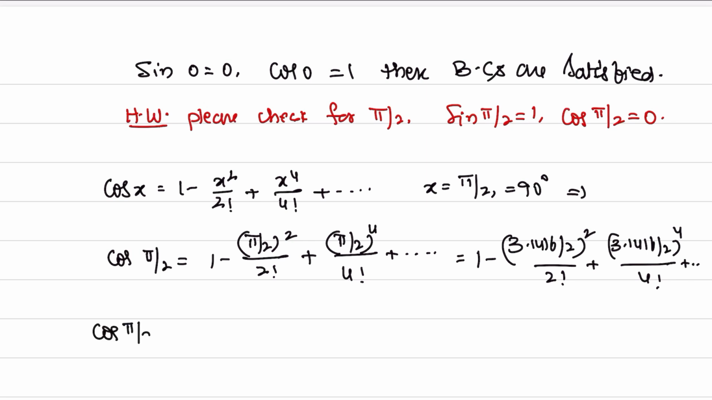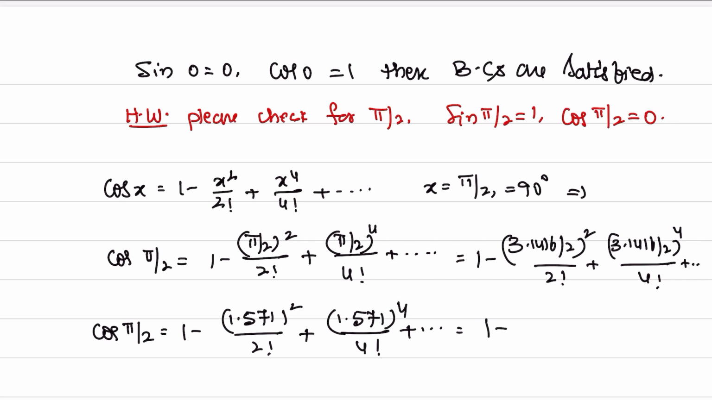Cos pi by 2 is equal to 1 minus. What is 3.1416 by 2? That is 1.571. 1.571 square by factorial 2 plus 1.571 to the power of 4 by factorial 4 plus so on. That is equal to 1 minus